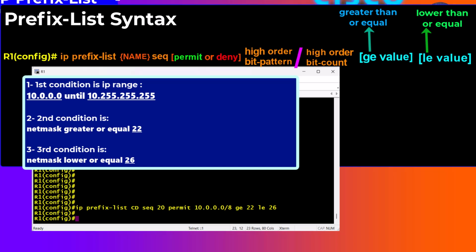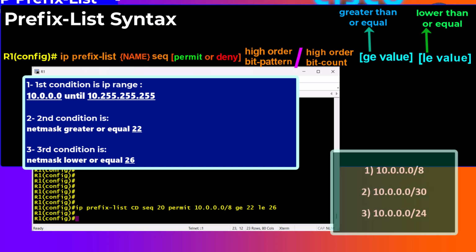Now let's look at the networks that I brought you as examples, considering which of these networks can match our IP prefix list. As you can see, all three networks actually match our IP prefix list. Why? Because our IP prefix list network is